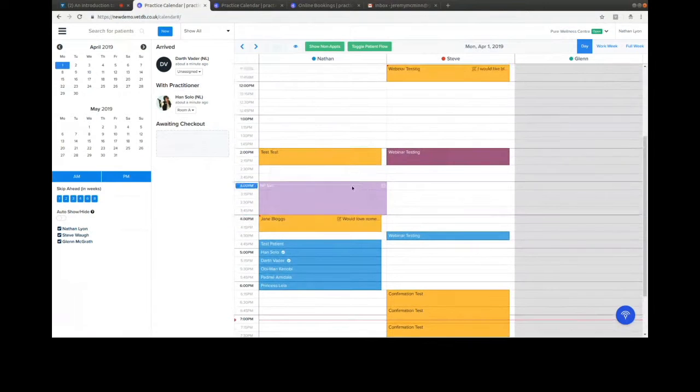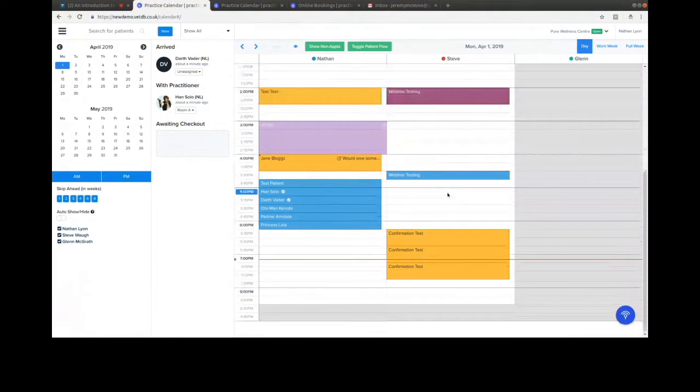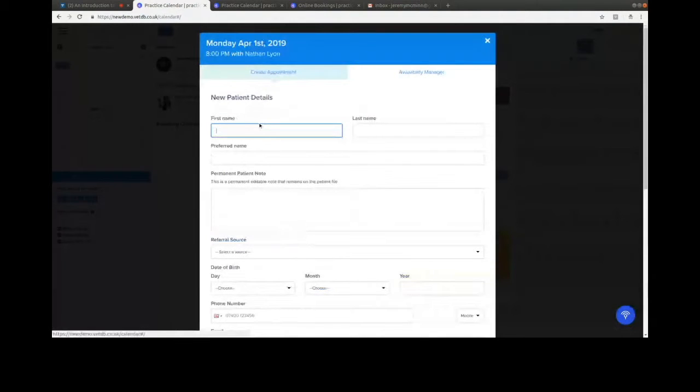So I'll just give you a quick overview of making a new patient appointment and booking their schedule and doing a prepay package, just pretty standard operation. So let's make an appointment for 8 o'clock this evening. We're going to make it for a new patient. So we choose a first name and a last name. Let's just say it's